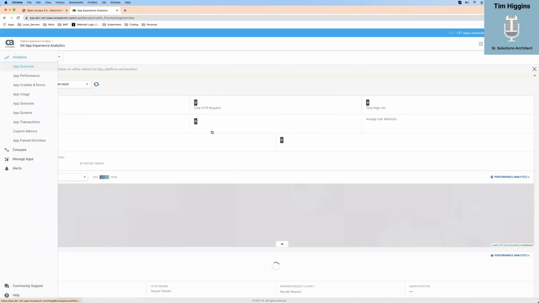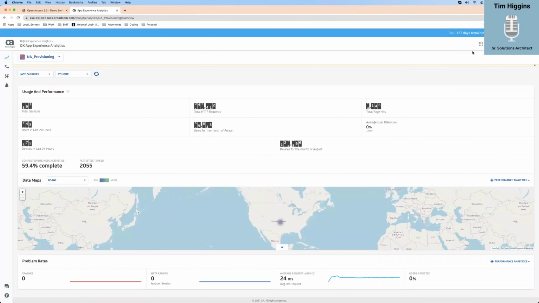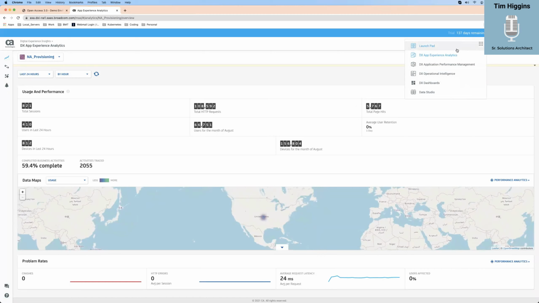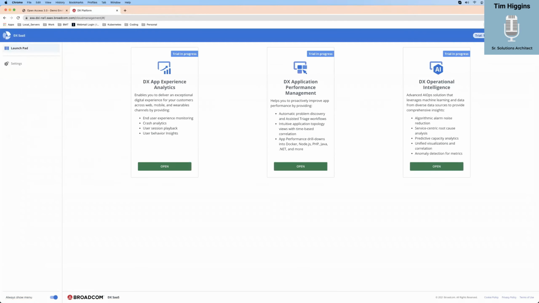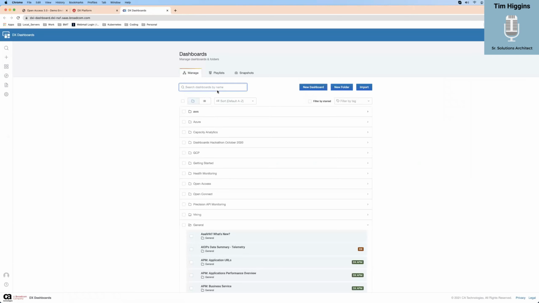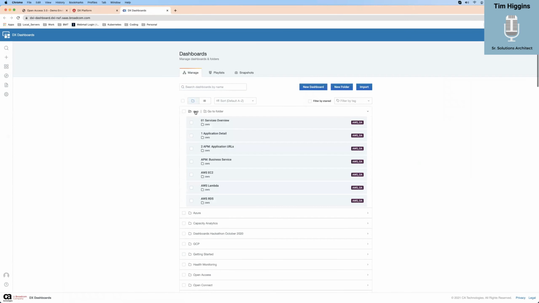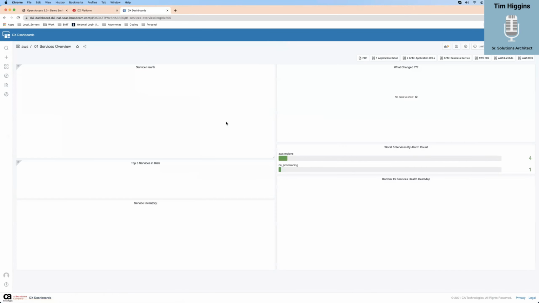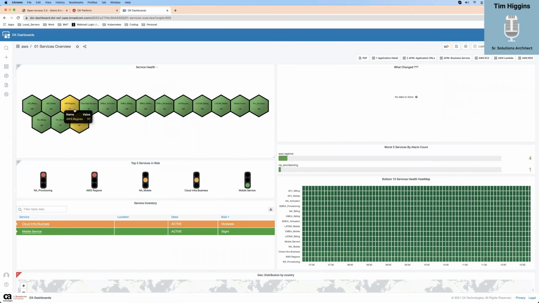So with seeing that, let's go up here for a second and look at something else. I'm going to go back to my Launchpad. And if you have the license, I think dashboards, now I'm an architect, I'm not in sales, but I think the dashboards come with this. So I just kind of want to show you that. Another good thing you can do is relate all this to your dashboards. Now this is AXA, but you can bring AXA data to your dashboard. Okay. So I can look at these, I can click on these and go for more information.